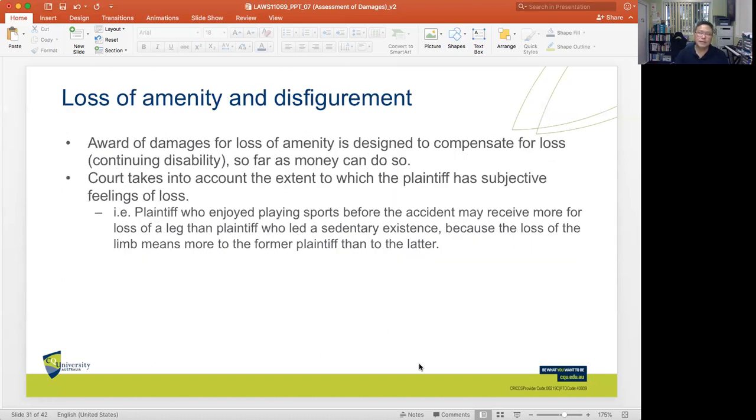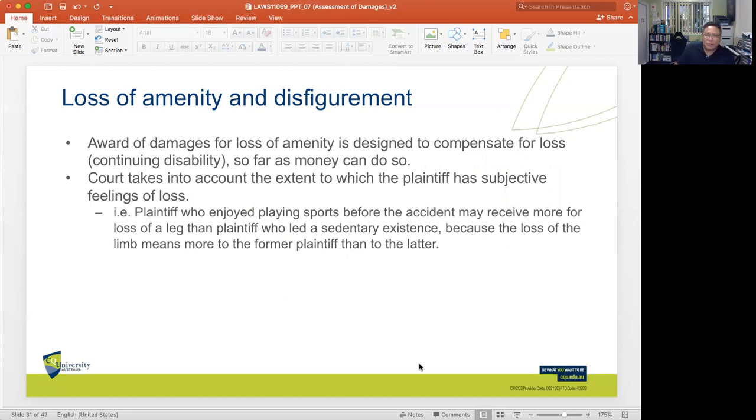So we've talked about loss of earnings, which is a pecuniary loss. We're now talking of non-pecuniary losses, or what is typically known as the loss of amenity and disfigurement. These can often be separated. You can have loss of amenity from a variety of reasons. You can also have disfigurement. Now, disfigurement itself can also lead to a loss of amenity. As we said, when we speak of loss of amenity, it's simply the inability of an individual to function like he used to. So he loses certain convenience, certain comfort, certain abilities, certain capacities. So that is a loss of amenity.